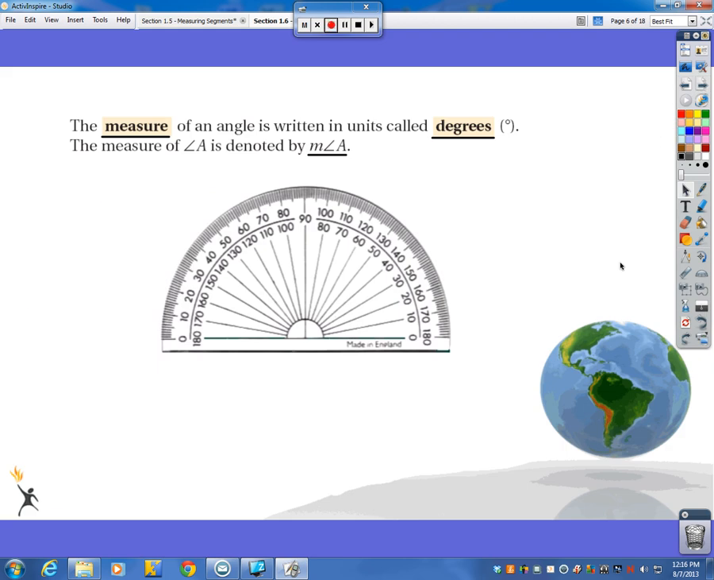The measure of an angle is written in units called degrees, and the measure of angle A is denoted by m angle A. Now, some people in the past have gotten confused about that m. Sometimes they think that means like a variable, like x. Like there's x angle A's, and we don't know how many angle A's we really have. But that m in front of the angle symbol just means the measure. That means that you're going to be talking about this specifically being given a number in